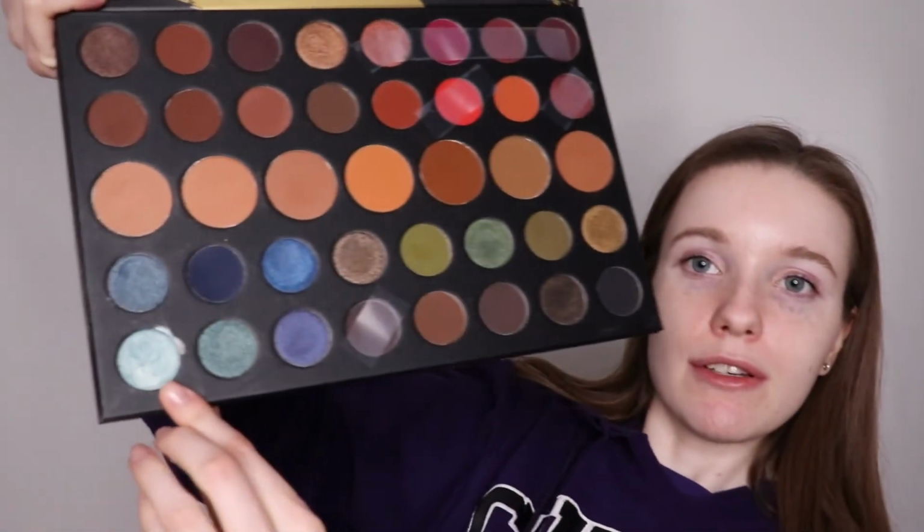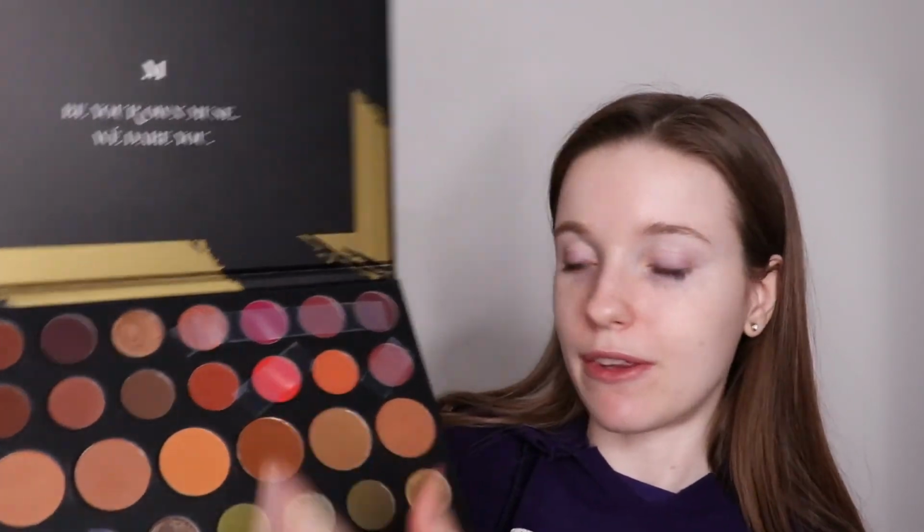If this palette was still out and available, I would recommend it to someone who's just starting to get into makeup because you have options and they're not overly bright. The brightest is going to be this shade right here, maybe a couple of those berry shades, or that fiery orange shade right there. This palette, I should have decluttered it in my last declutter because I have not reached